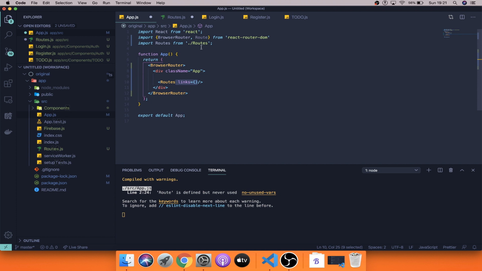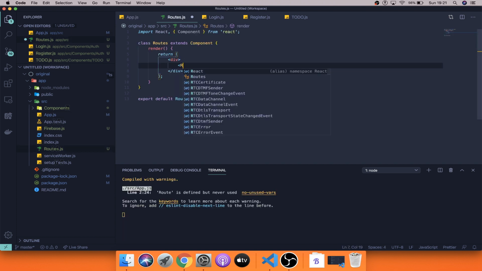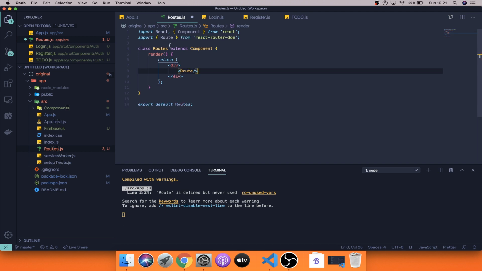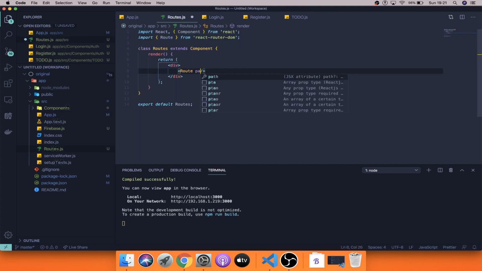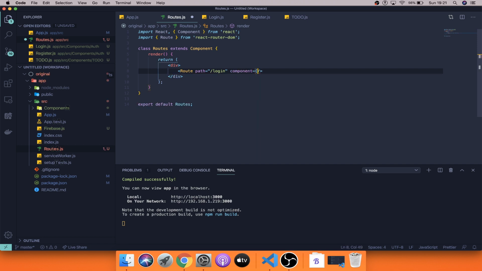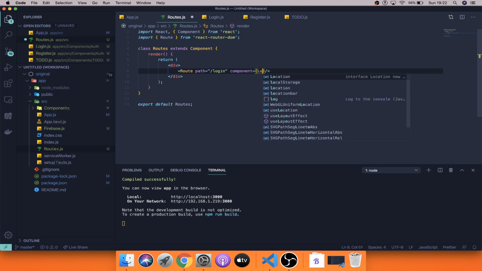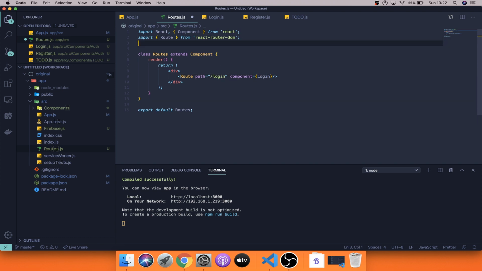But what we also could do would just be go in here and let's say route, and then we can actually remove this one here, and then we can say a path /login, and component should be login component, and then we can go up here and say import login component, and we also want to import the register component from